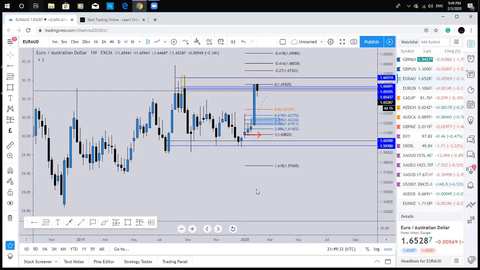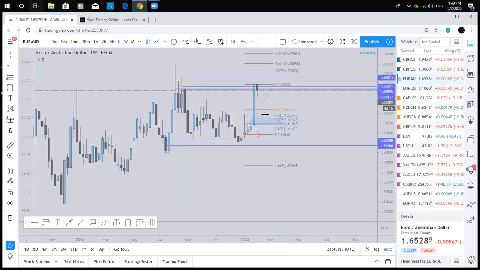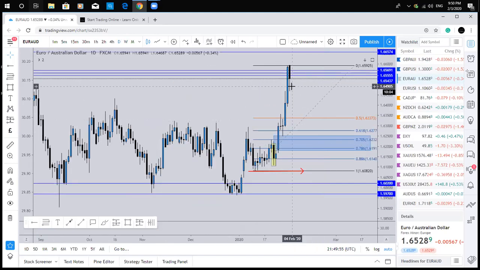Okay, guys, the second setup that I'm going to take a look at is the Euro AUD, very similar to the pound AUD. So for me, the weekly has made a new high, so we're still bullish on this one. We are expecting a pullback. So there's a nice sell to buy scenario setting up. I'm just going to take you down onto the daily. We want to see price come back down into this area.